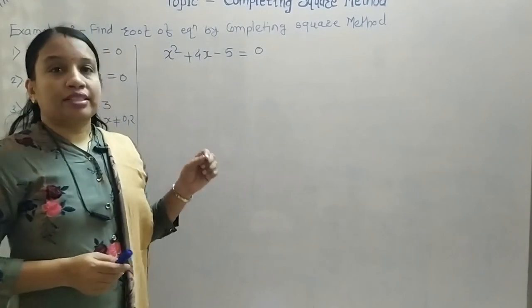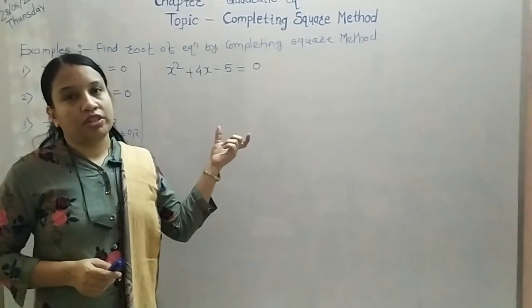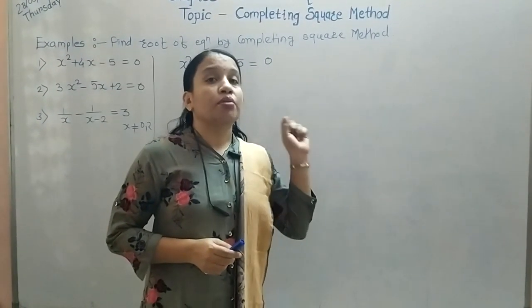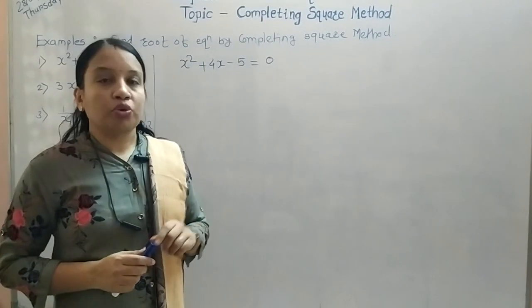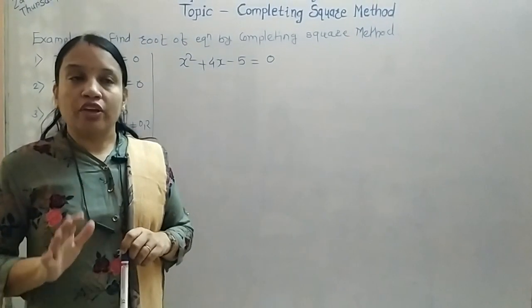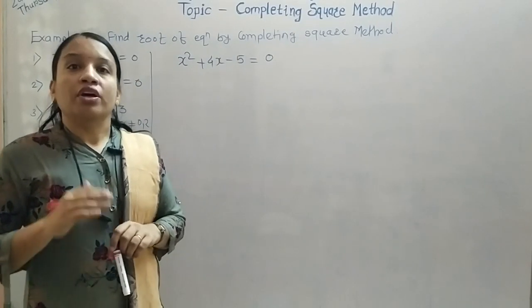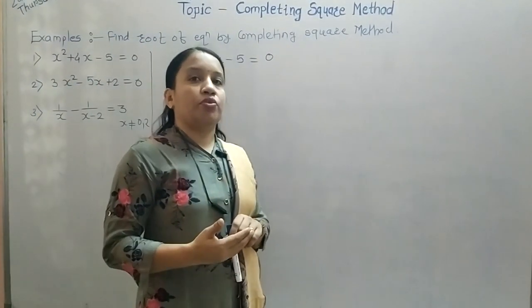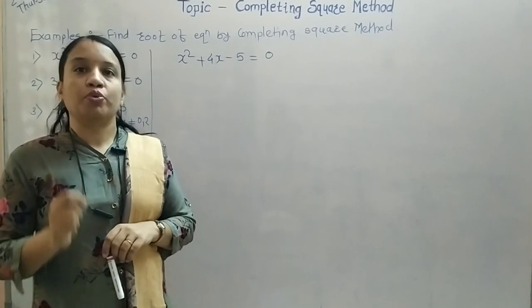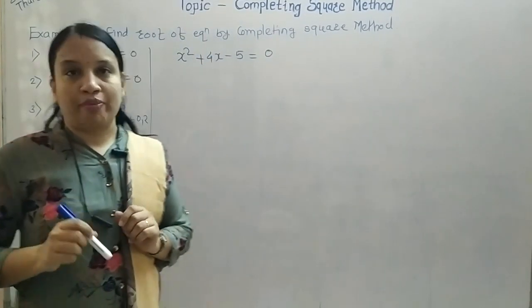Okay. If in the exam you are asked to solve the given quadratic equation by the completing square method or the splitting the middle term method, only that method you have to use. Don't use any other method. Whatever method is asked, that only you have to follow. If the question is only to find the roots of the quadratic equation, then you can solve it by any method. But if the method is mentioned, then you have to use only that method to solve the equation. Please keep this in mind, dear student.